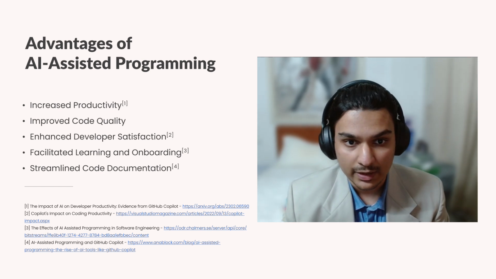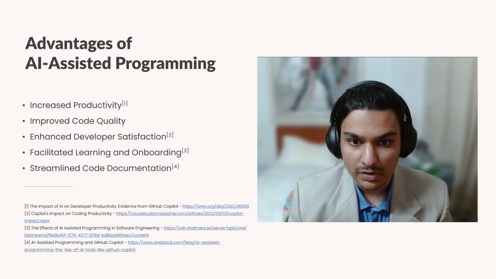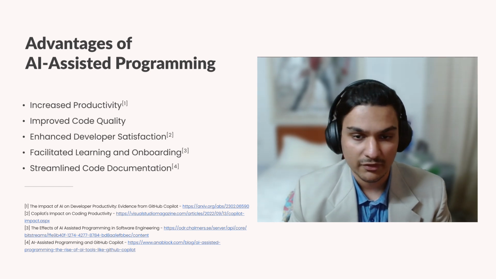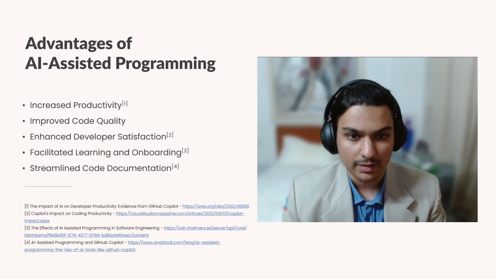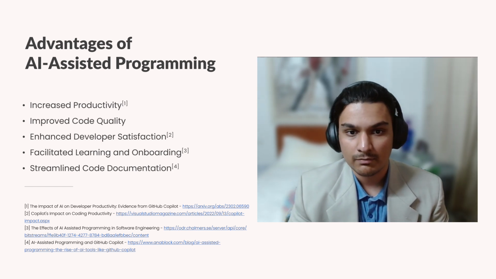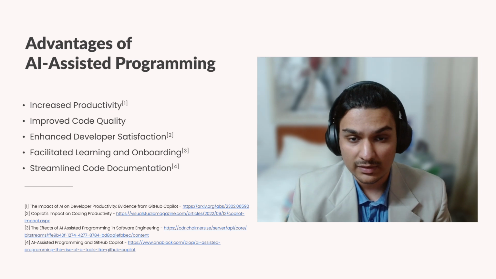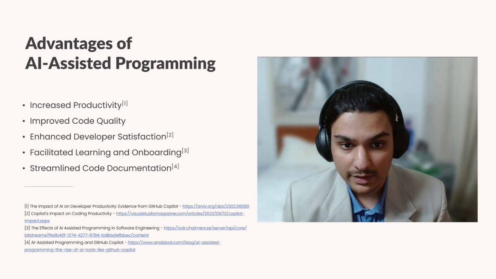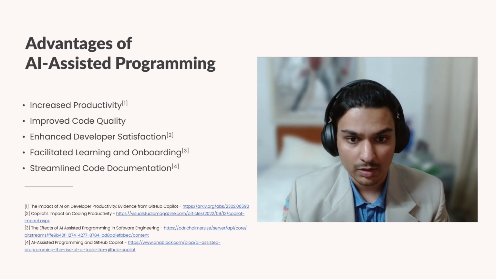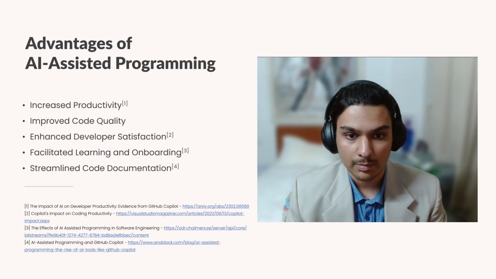Developers using AI tools like GitHub Copilot have been shown to complete tasks up to 55% faster, significantly decreasing development timelines. AI assistants help reduce errors by providing real time code suggestions and automated debugging, leading to more reliable and maintainable